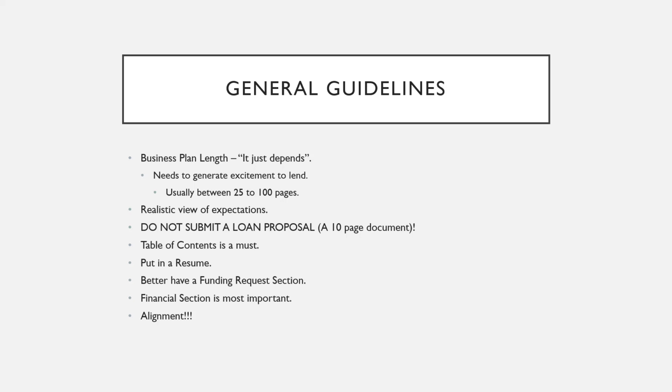They don't just want to see your income statement and your profit and loss sheet and your balance sheet. They want to know how you got there. And they want to see alignment. They want to see that your weekly sales line up with your monthly sales, and your monthly sales line up with your annual sales, and your year one sales are growing to year two. And if they are not, why not? So make sure you have alignment, and make sure you don't just put your profit and loss statement and your income statement, because again, you need to justify it. You need to tell them how you got there, and they are looking for alignment, and that's another guideline they're looking for.